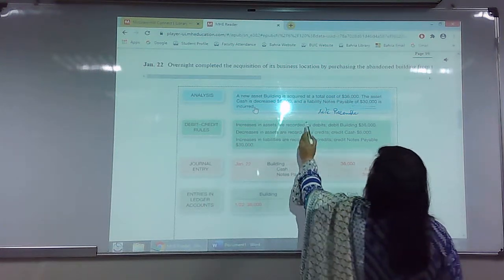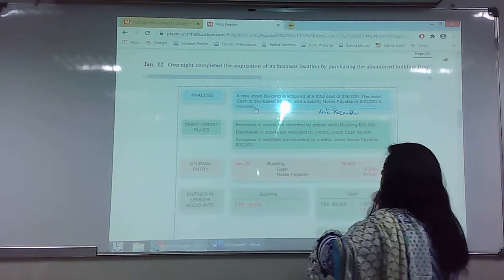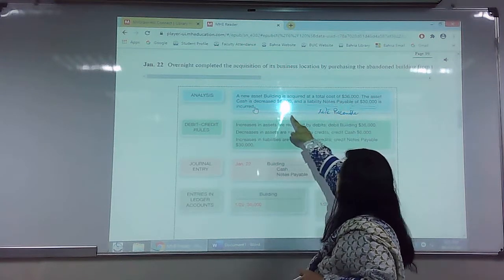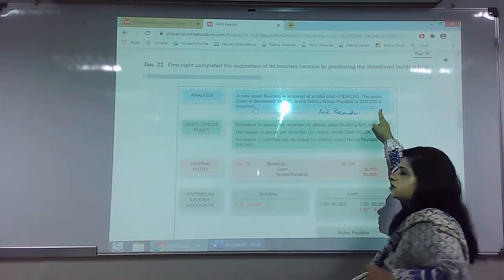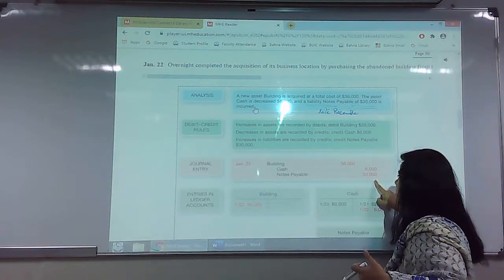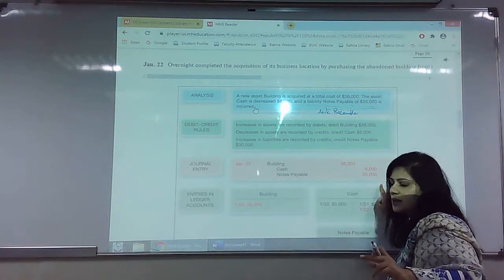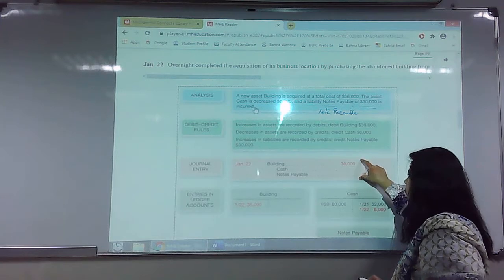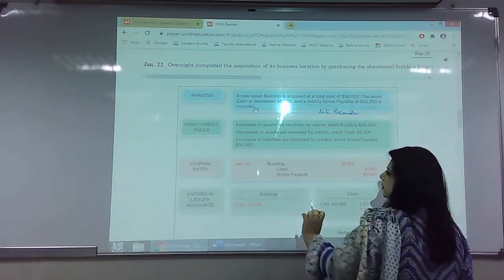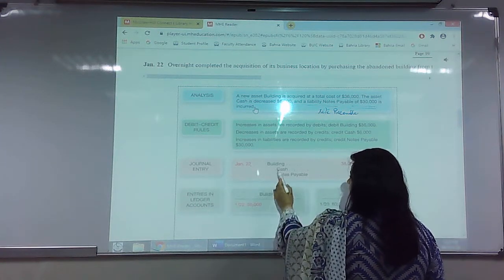Now if there's a liability increase, the company's liability is increased because it's not paying the entire amount. It has paid some amount with cash and some is left. That means there's a liability which is created, and this is credited because liability, according to the accounting equation, when liability is increased, it is credited. So now you can make a T account for building, cash and notes payable. Remember, all items have separate T accounts. So this transaction took place, this is the date, this is the value of the building.